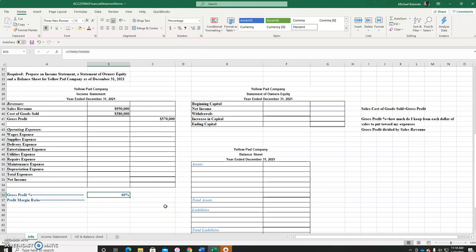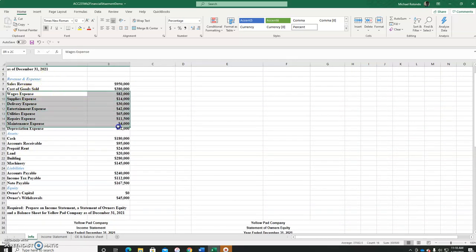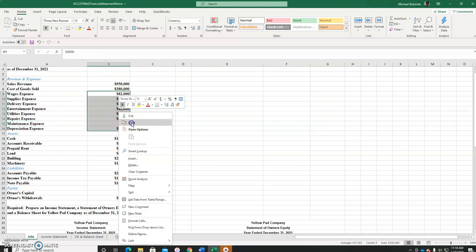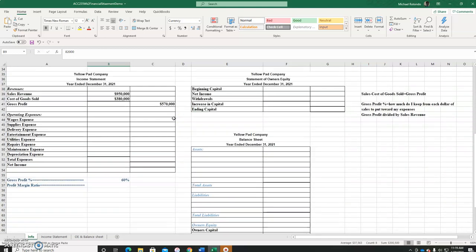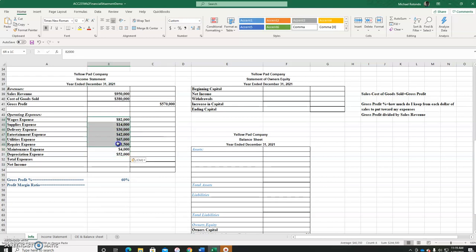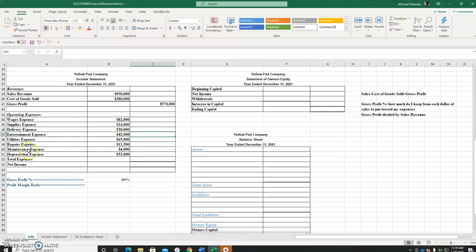Okay, so this is a short way for an investor or creditor to look at this and get an idea of where you are. Now, my expenses are all of these things: the wages, the supplies, the delivery, etc. Okay, so I'm just going to copy these down. And again, don't worry about all these Excel functions. That's something we could work on another time. Okay, but just to show you that all of these are considered to be your operating expenses or your regular expenses. So if we total our expenses,